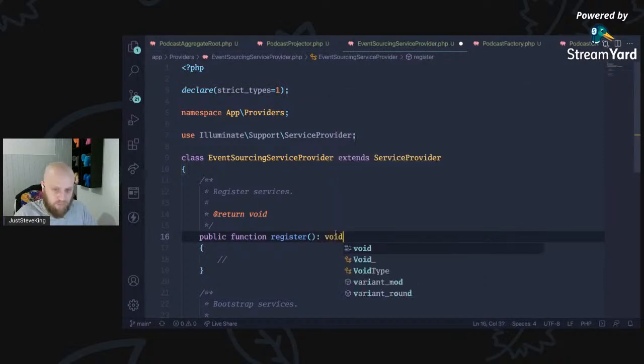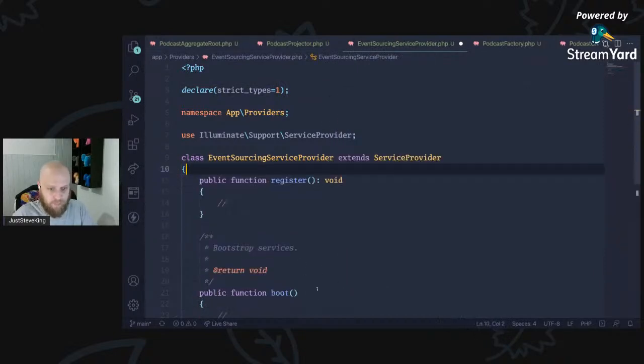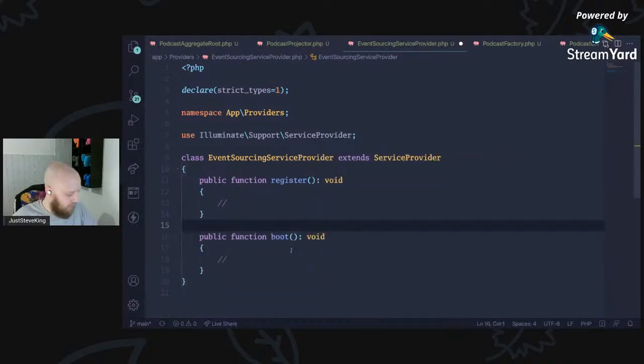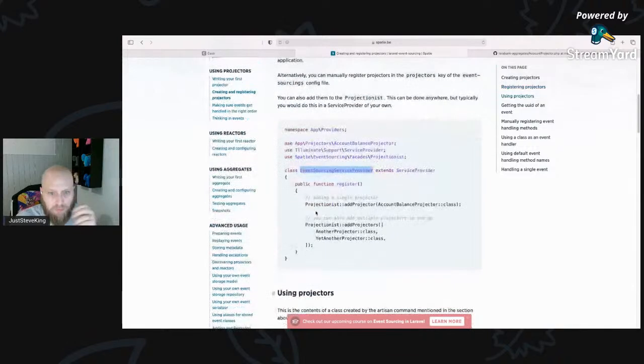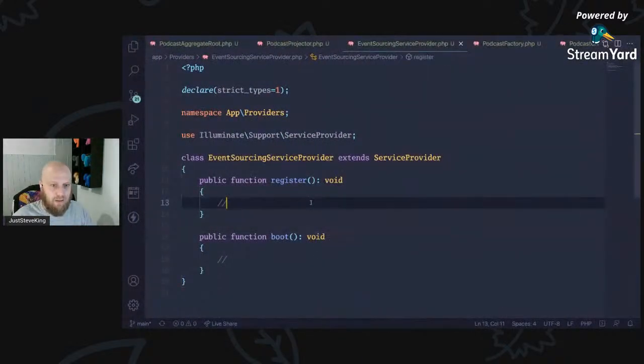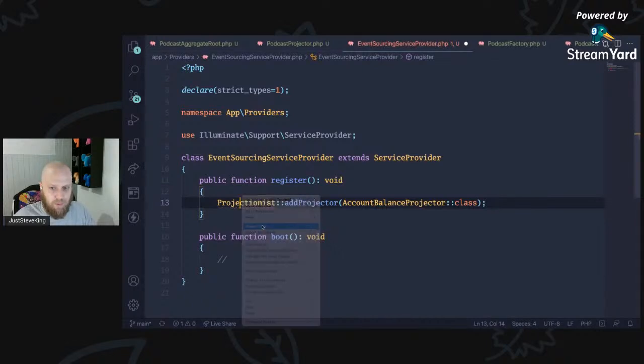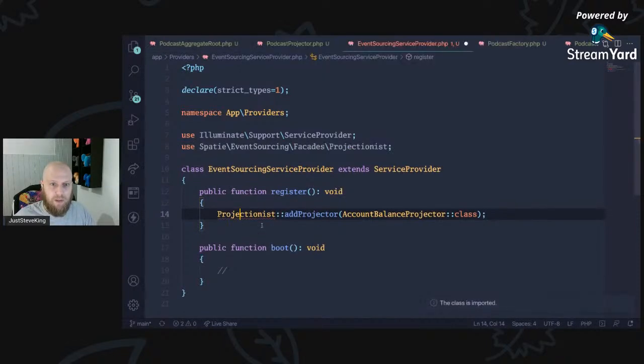Let's just void that. Clean that up. And right, where does it want it? In the register method. So we want Projectionist add projector. We're just going to add one for now, and we'll look at how we're going to do it later. So Projectionist, import that class. I believe it's a facade. Yeah. And we want to register just the one for now. So add projector,